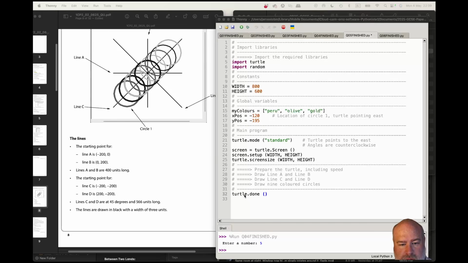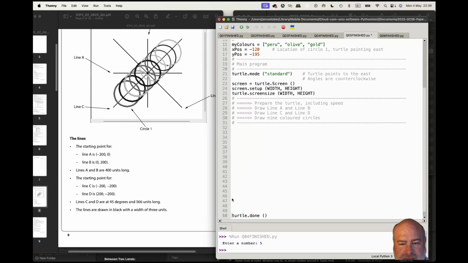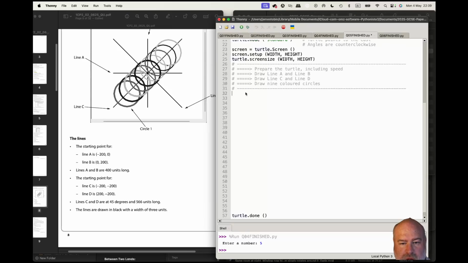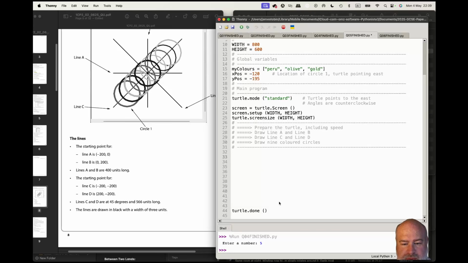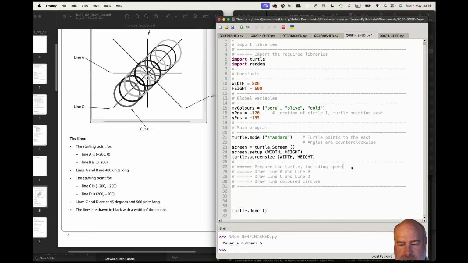Right, so there's quite a lot to do here. Obviously turtle done is going to be at the very end, so we're way away from that point. Prepare the turtle including speed. They probably want us to put everything under these comments, so I'll just leave that up here. Speed is usually 0 unless specified, and then we usually want to save the turtle into a variable that